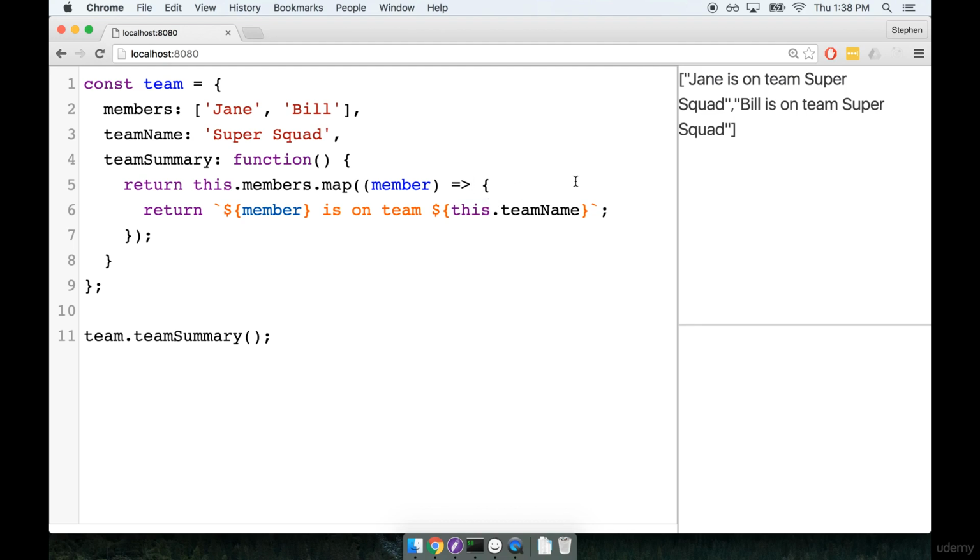By default, JavaScript context works in exactly the opposite manner in which we really want and expect it to, right? When I use a function keyword right here, I would expect this to be equal to the object, a team, right? But for some crazy reason, it's not. It's equal to undefined. So the key part to keep in mind here is that whenever we're using the fat arrow function, the value of this is what we expect it to be. Okay, so with a better understanding of this, let's continue in the next section with a couple of exercises.